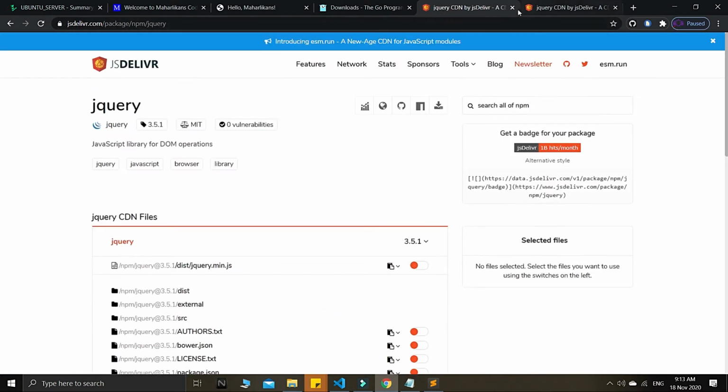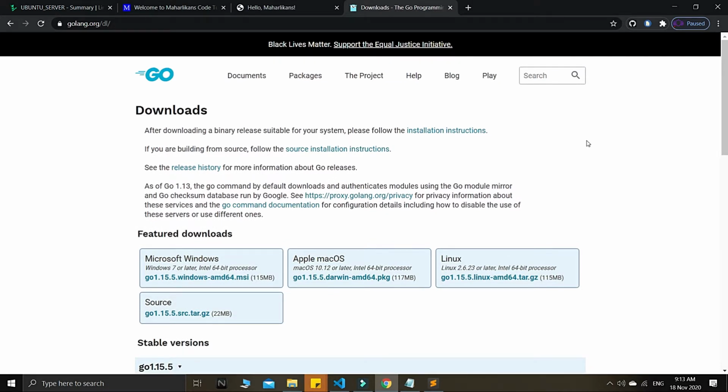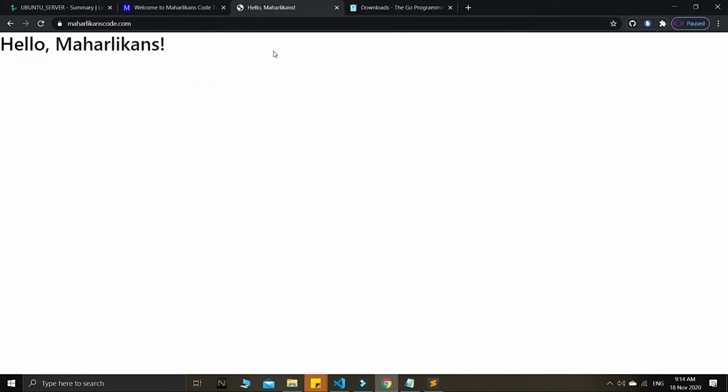Okay, so I just close this. Also we are about to download Golang, Go for the Linux version. We need to install this on our production server so that we can run and test there as well. Then we can build in Linux, the Ubuntu OS there. In a later part we will install this, and then we will replace maharlikanscode.com with